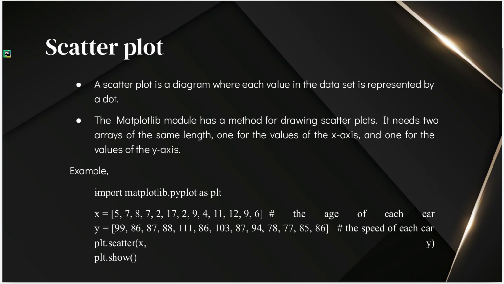So as you can see here, we have an example. In the first line, we import the relevant function from the matplotlib package. Then we create two lists, x and y, and finally we call plt.scatter, the scatter function from the matplotlib package, with two arguments, x and y, and finally we call plt.show so that we can get the visual output.